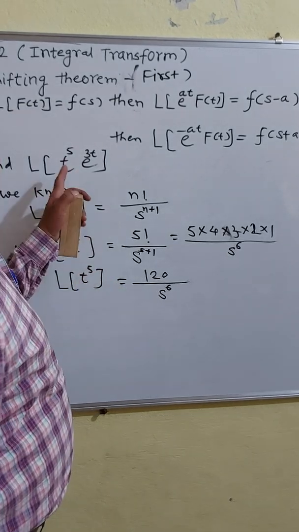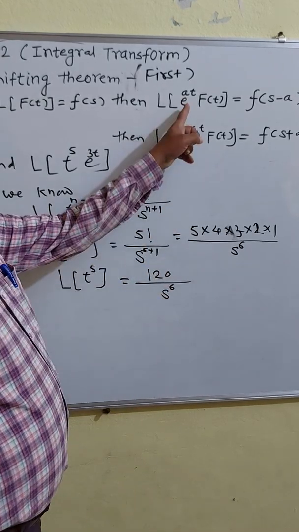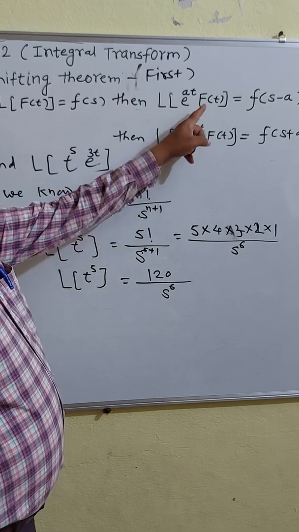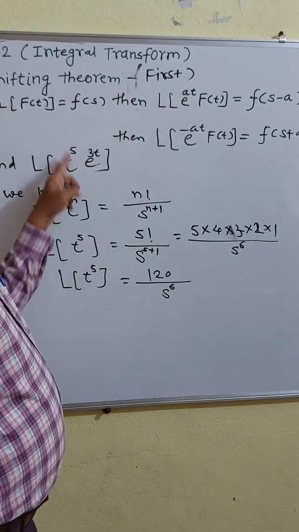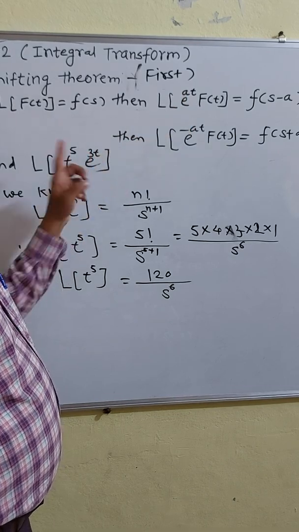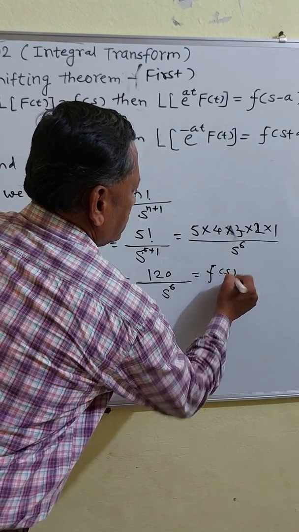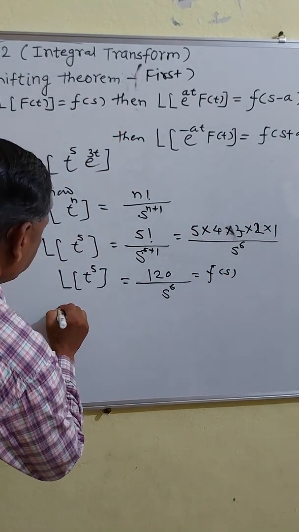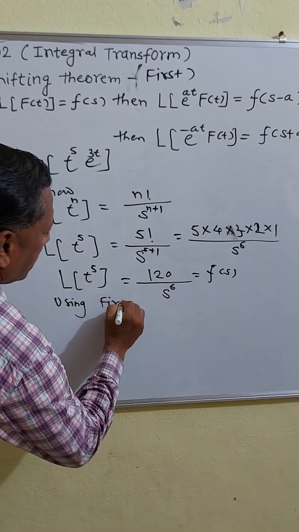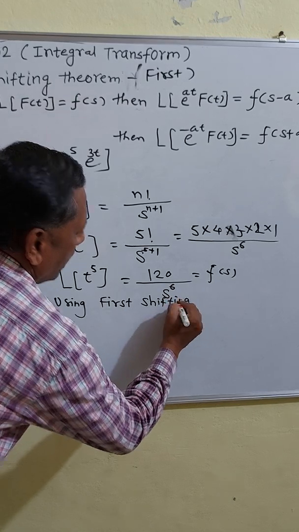But you need the Laplace transform of t raised to 5 into e raised to 3t. So using the shifting theorem, you compare this with e raised to at into f of t. Here f of t is t raised to 5 and a is 3. Therefore, this is your f of s. Then using the first shifting theorem, we have